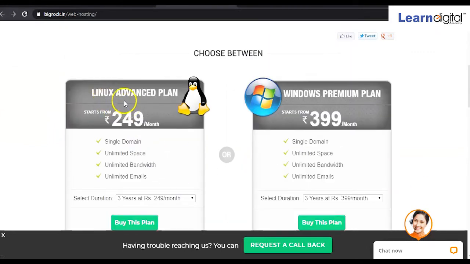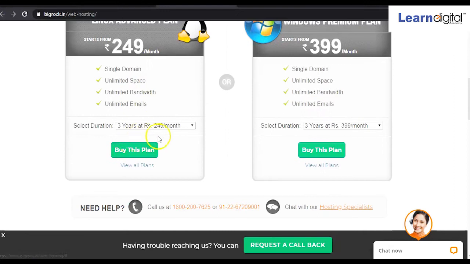So if you prefer Linux hosting, and for whatever duration you want to take that hosting, suppose per month you have to pay around 250 rupees. So yearly you'll be paying for this one. That means if you purchase this for 1 year, then for the next year you have to do a renewal, right? Not only for this hosting, you have to do renewal for the domain as well. So if I tell you, for a simple website, within 2000 rupees you can maintain your website, including hosting and domain, right?